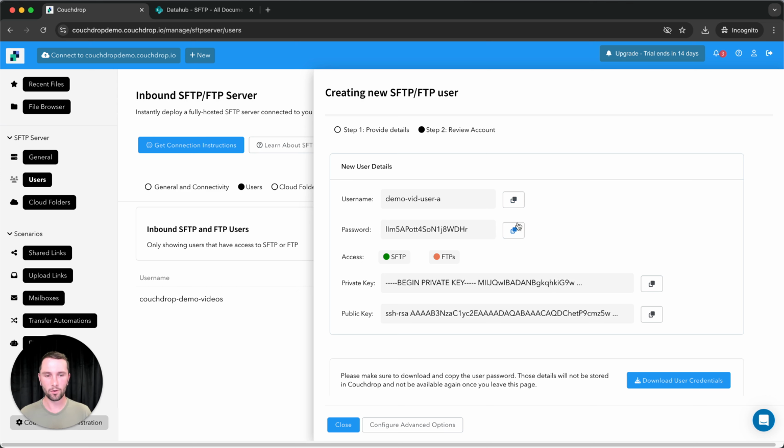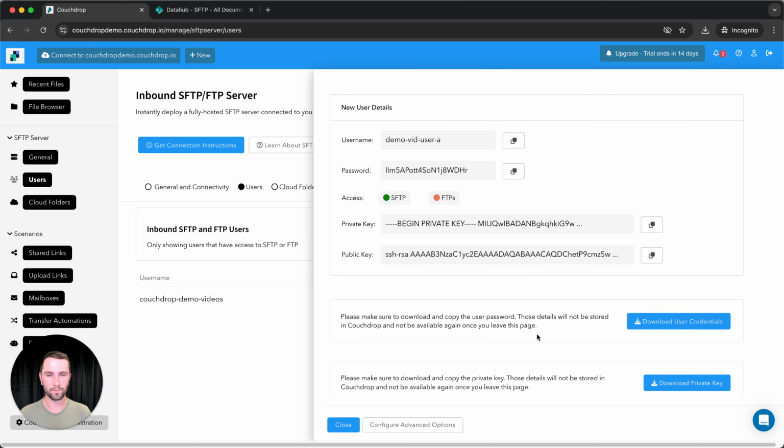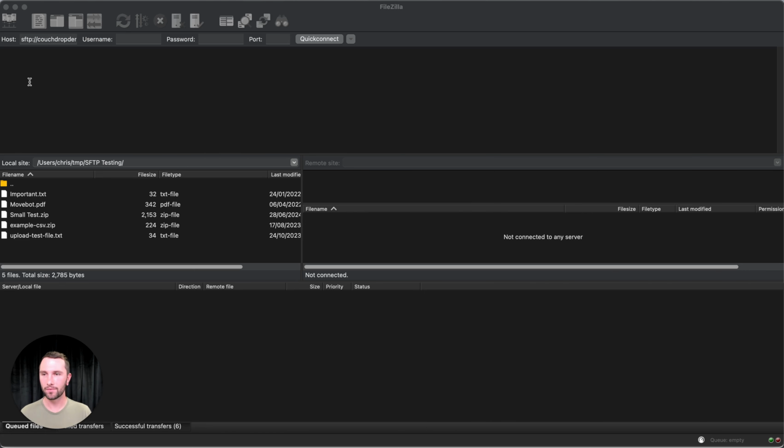So we're going to copy these out, and we recommend that you download these credentials for use later on as well. We're going to switch over to FileZilla now and get logged in. Great. So now we're in FileZilla. We have our hostname specified here. We are connecting via the SFTP protocol to our Couchdrop